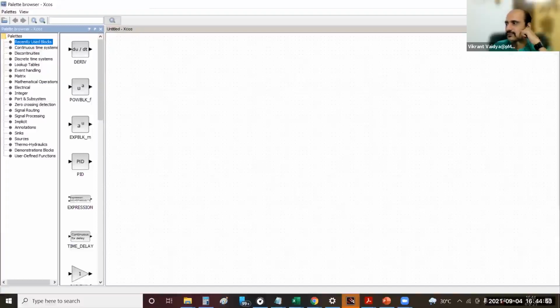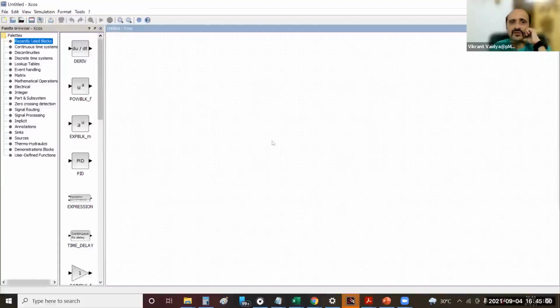Okay, so I think most of you are there, if not all. Now this blank area is where we are going to construct our models block by block.